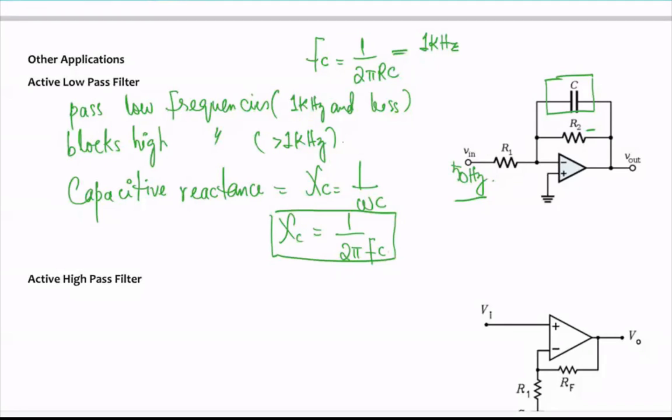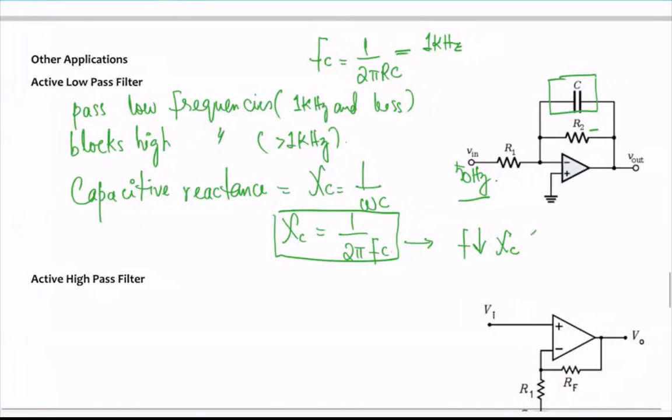The capacitor will now react to the change in frequency. As the frequency goes down, what would happen to the reactance? It increases, because there's an inverse relationship. The reactance is going to increase, which means this block is going to offer more resistance to the output signal, correct? And when that happens, your output voltage is going to be